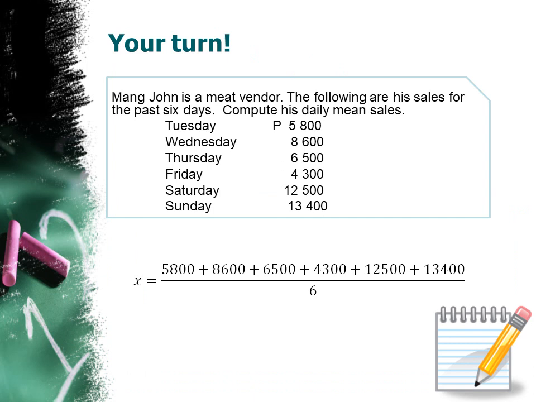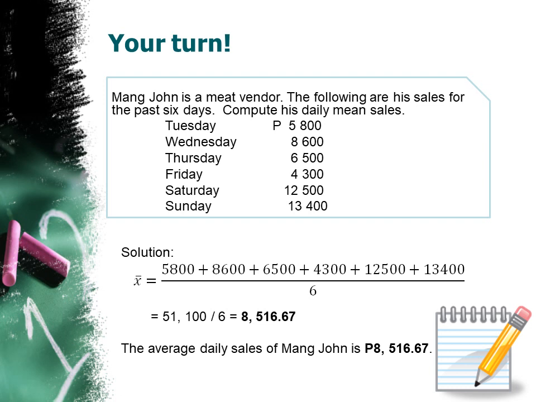Now is your turn. Please compute this. Mang Juan or Mang John is a meat vendor. The following are his sales for the past 6 days. Compute his daily mean sales. So as you can see, you have 5,800 for Tuesday, Wednesday 8,600, Thursday 6,500, Friday 4,300, Saturday 12,500, and Sunday is 13,400. So please compute, get your calculators, and your answer should be